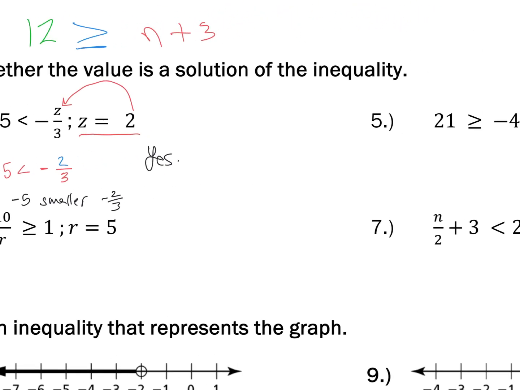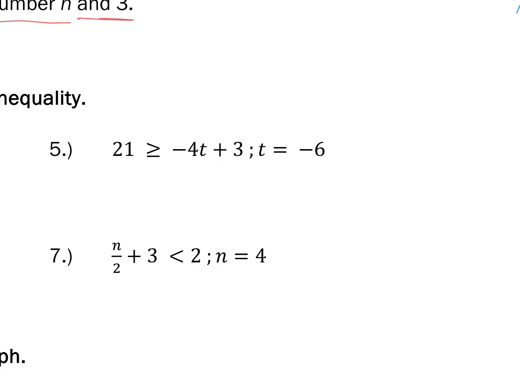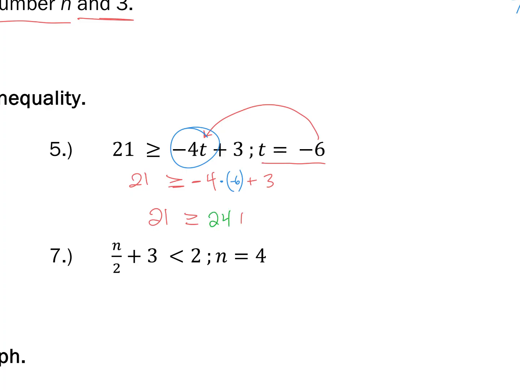Okay. Number 5, 21 is greater than or equal to negative 4t plus 3. And then this is what we're going to plug in right here. So 21 is greater than or equal to negative 4. And remember, I'm kind of leaving some blank space so that I'm really communicating what I'm doing. I'm putting a negative 6 right there. And these guys are multiplying each other, okay? That is 21 is greater than or equal to, and then here's what this ends up being. 24 plus 3, okay? And then here's how that simplifies. Is 21 greater than or equal to